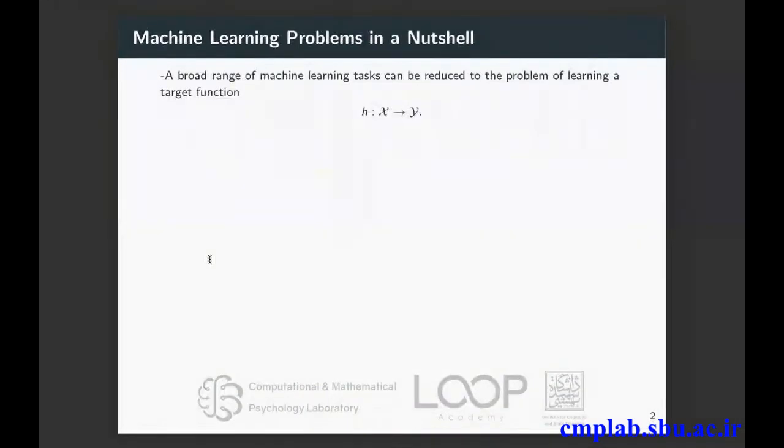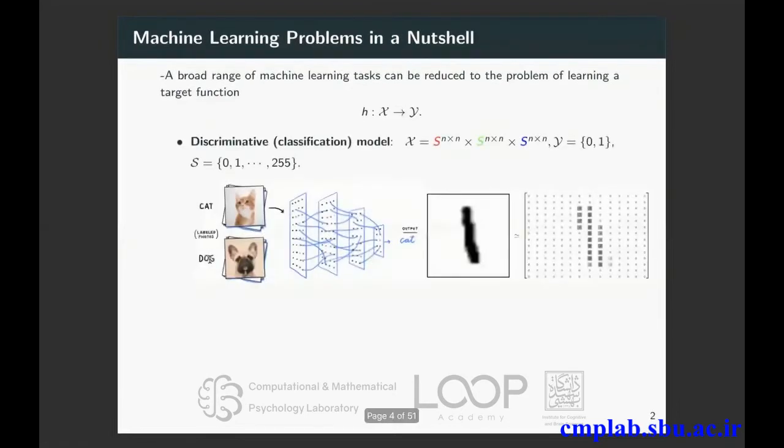So now I want to take a look at the theory of machine learning and how these amazing applications are possible. A broad range of machine learning tasks is basically about learning a map between two domains. So here, I'm assuming I have a map between domain X and domain Y, and the goal is to learn this map. And to see how different machine learning systems are based on this idea, I will first talk about